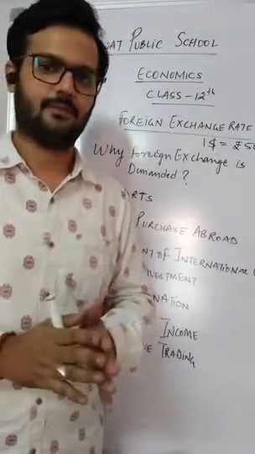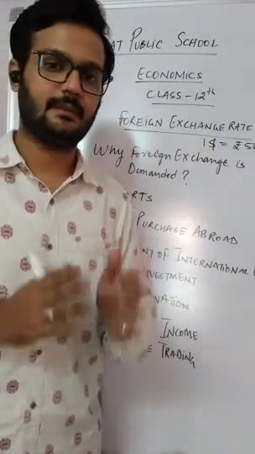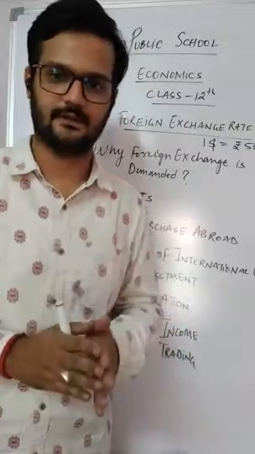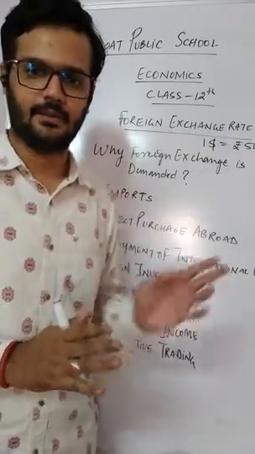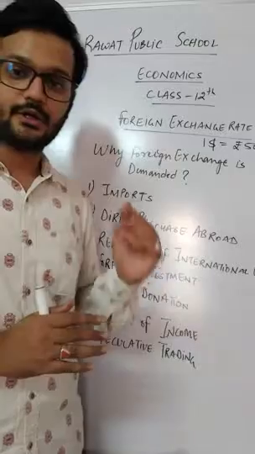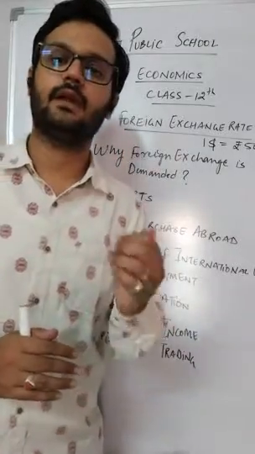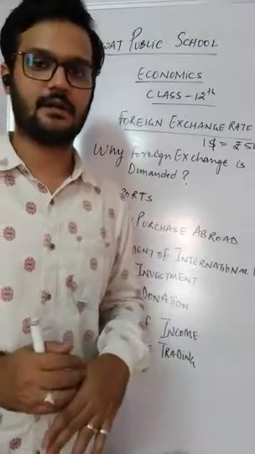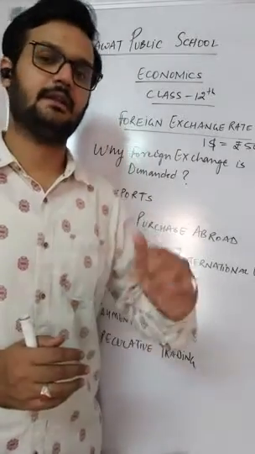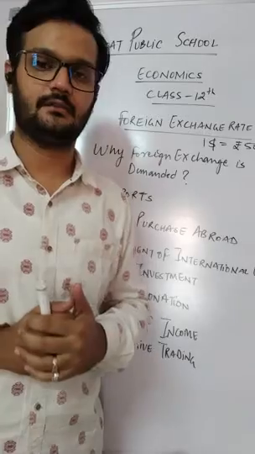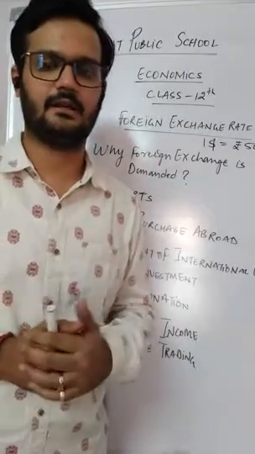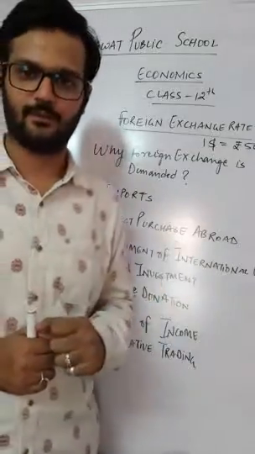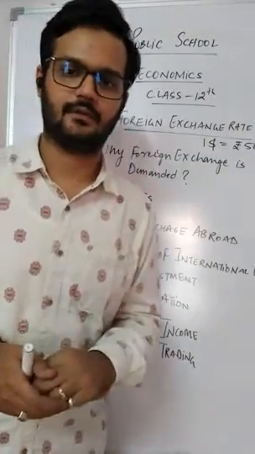What is the similarity? Similarity is that we are buying foreign goods. We are consuming foreign services. That is the similarity between both of them. But what is the difference? Difference is where we are. Where is the origin? If we are in our country only, that is import. But if we are in some foreign country and then we are buying, then it is known as direct purchases from abroad. Two things we have covered.